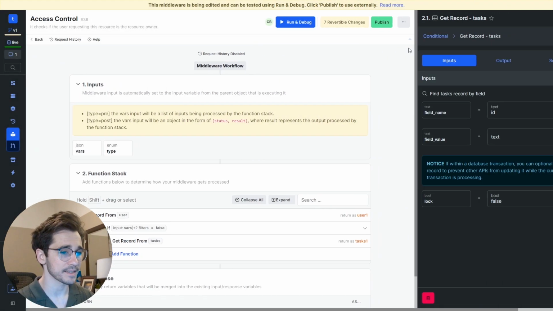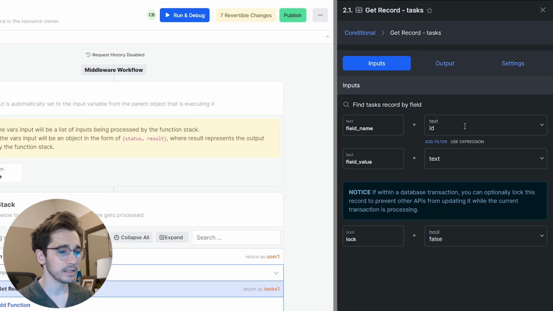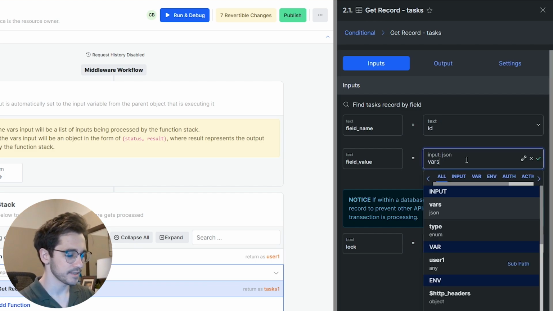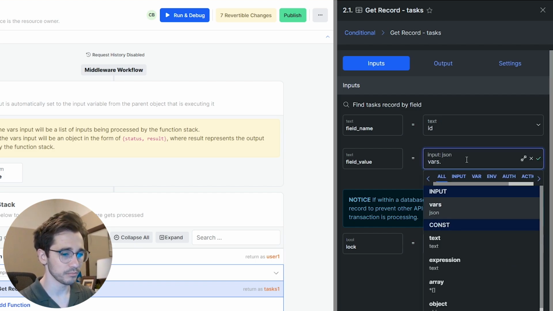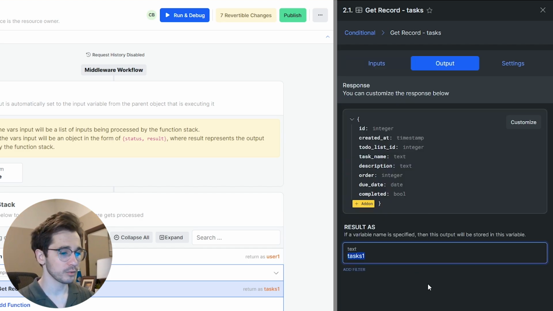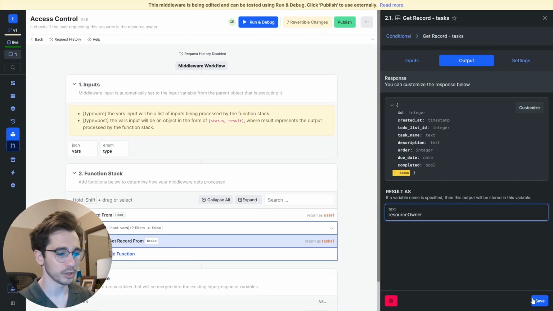We can get our tasks record. We can go ahead and find the ID using our vars, and we don't need to use a get filter necessarily here anymore. We can use dot notation because that get filter prevents errors. If we use dot notation and there isn't a value at that path, we'll get an error, but in this case, we have it, so we'll just write out vars.tasksID. However, you can 100% use the get filter as well. We'll select our output here and we'll change this variable name to resource owner, and we'll go ahead and click